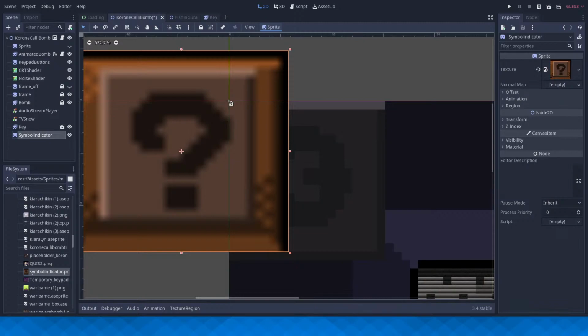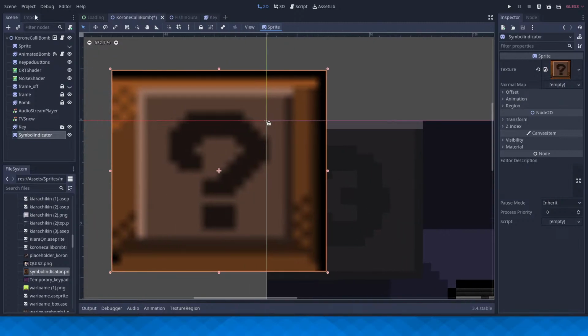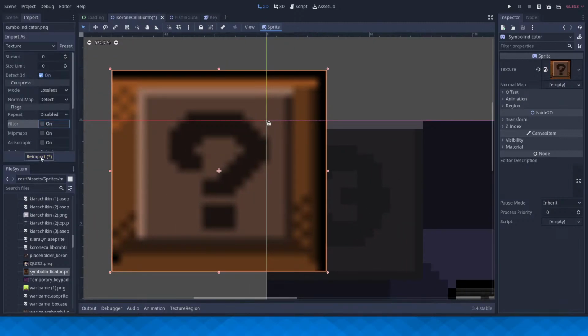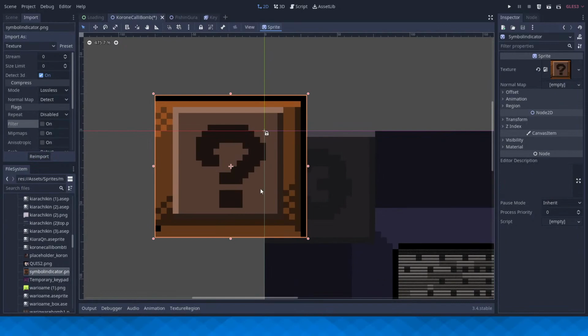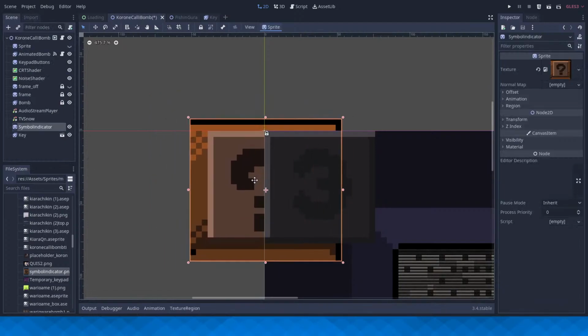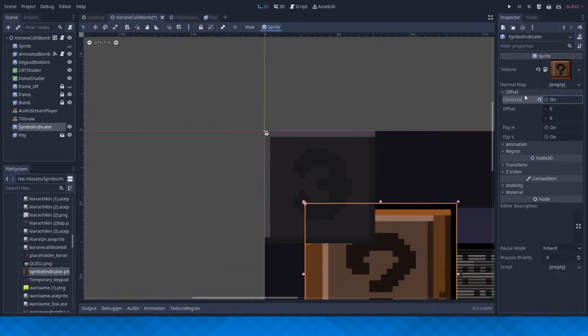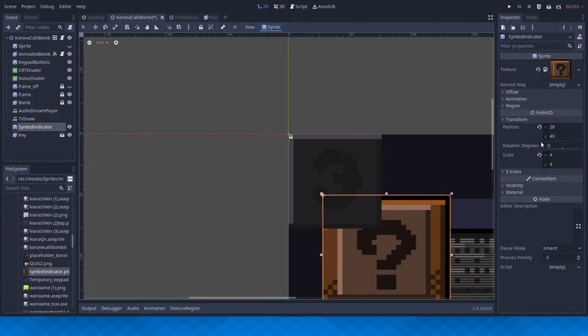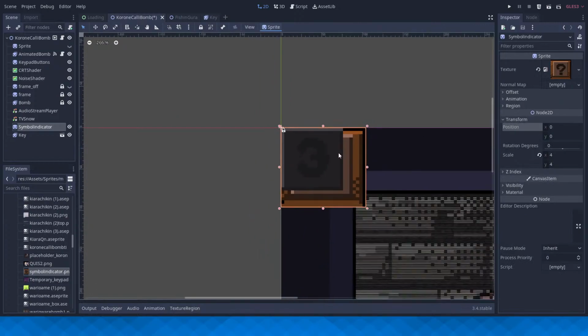Alright, so I need to re-import this. And this should be below here, and I need to make sure this isn't centered either. Alright, cool.